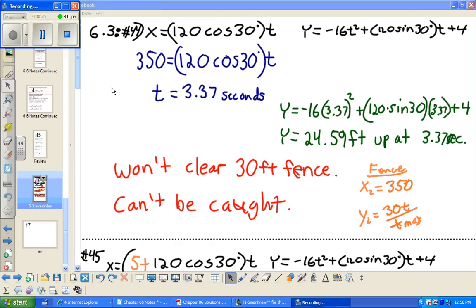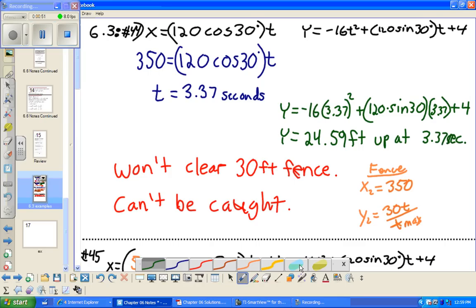Kirby hits a ball when it's 4 feet above the ground with an initial velocity of 120 feet per second. The ball leaves the bat at a 30-degree angle with the horizontal and heads toward a 30-foot fence 350 feet from home plate. So, first of all, you need to set up your parametric equation. And what you're going to do is that x variable, or that x equation,